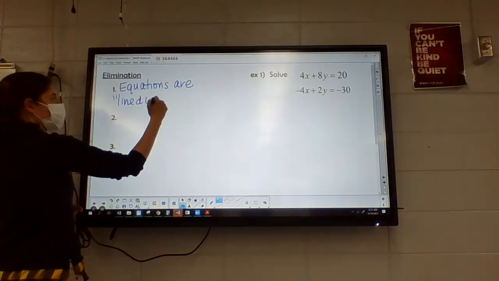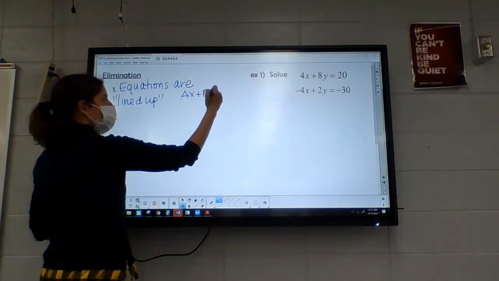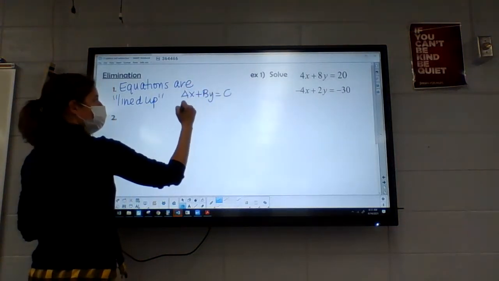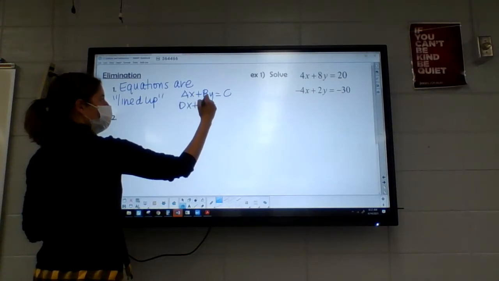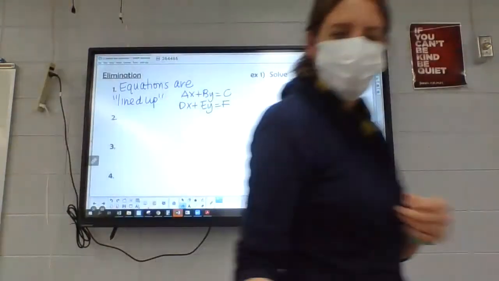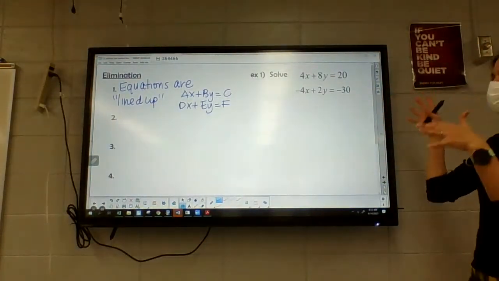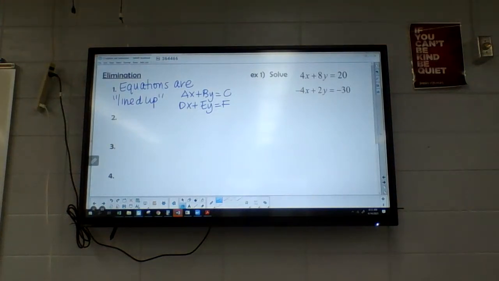I'll show you one example where they're not. They're going to look kind of like this. I'm just picking random letters to go with it. This one's nice because it's all lined up already for us. If they're not lined up, like our warm-up question, where the equal signs need to be lined up, we'd have to rearrange it. The warm-up I probably would have done as substitution,